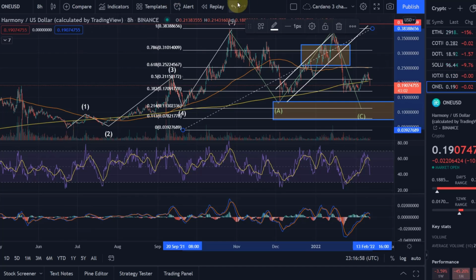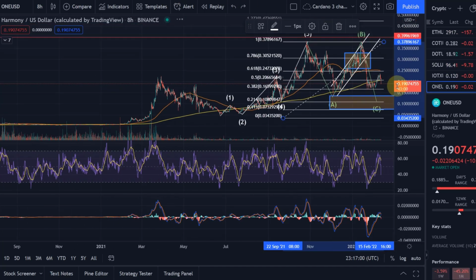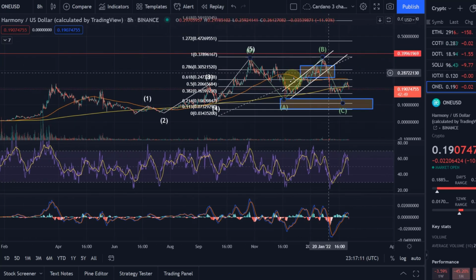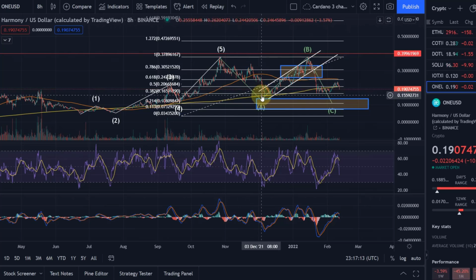Harmony 1 moves very similar at the moment to the Near protocol and to Phantom. Near was a little bit different. Near was actually massively overshooting here that wave B. But overall, I think as well, we talked about this when we came down here on the 4th of December